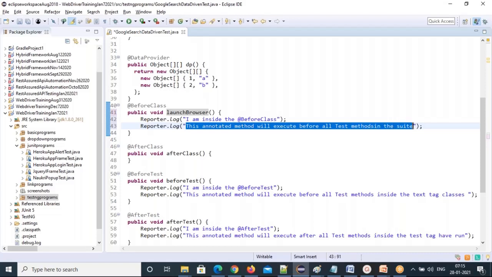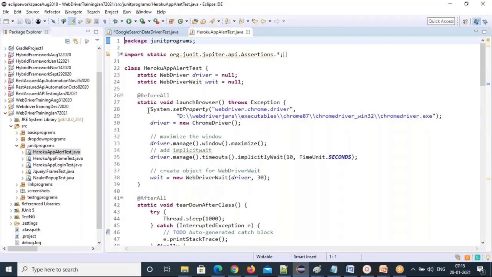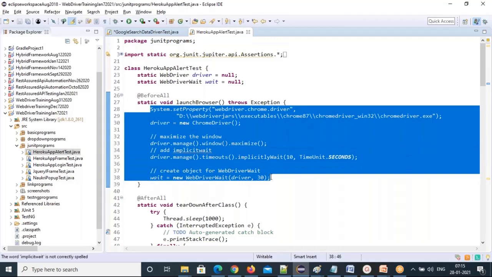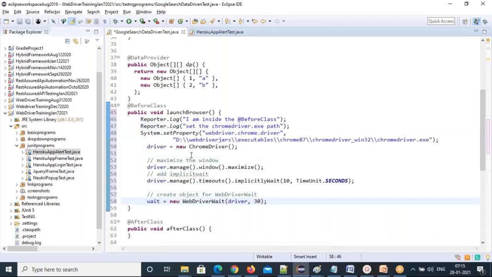Okay, so set the ChromeDriver .exe path, and you can write that ChromeDriver.exe path setting. This entire code, let's call it here. So I'm setting up this entire thing, right? Then all these steps you can write.